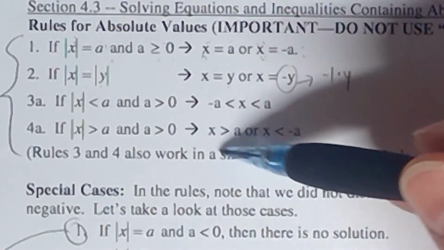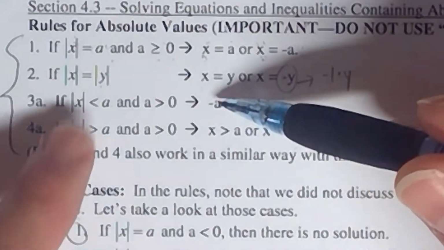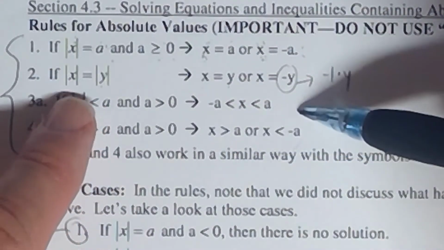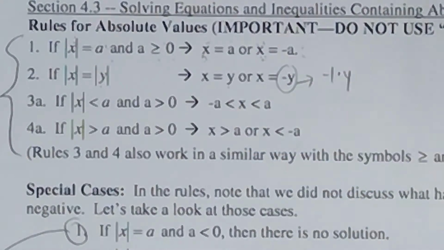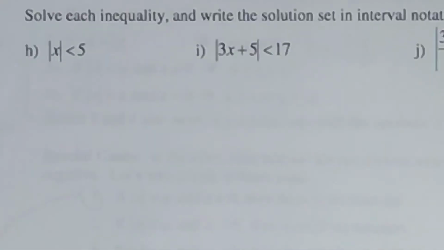So this is what our next step is going to look like in each one of these two cases right here. And then if x is not already by itself, we'll get it by itself. Kind of similar process to when you have equations, okay, with the equal sign. However, if you look at the back side or the second page of our current section here, it says